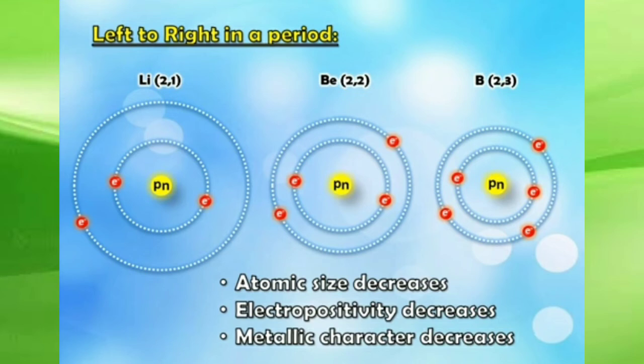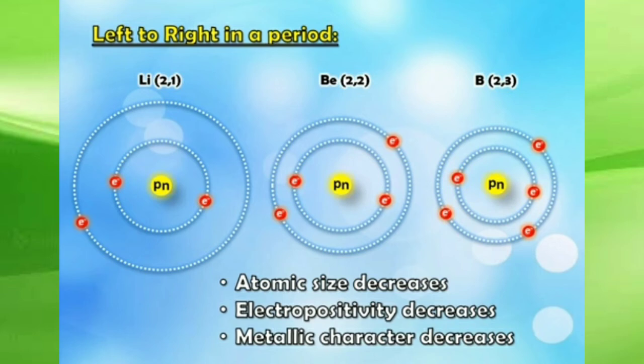And in boron, the electronic configuration is 2, 3. So here the valence electron is increasing, right? So if there is more nuclear charge, therefore what is happening? Atomic size will decrease as we go from left to right in a period. So what is happening if the atomic size is decreasing? The